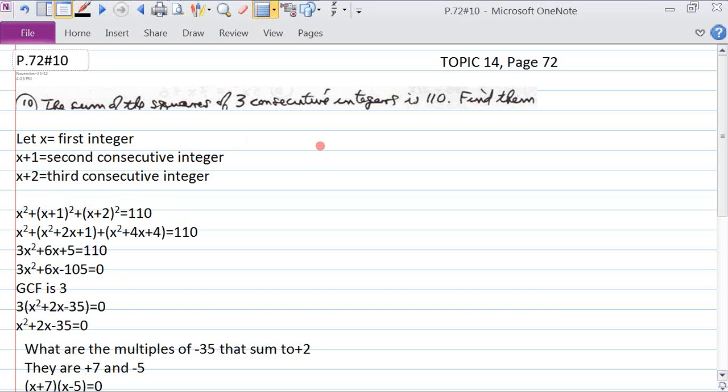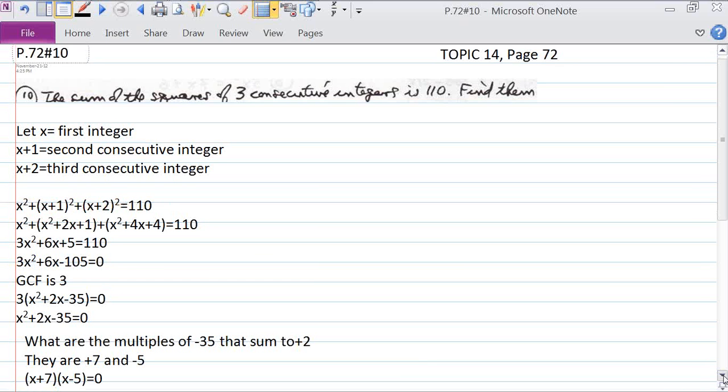So for example, if this was 5, this would be 5 plus 1, and this would be 5 plus 2 if those were consecutive integers. But we don't know what they are, so we're going to identify them as x, x plus 1, and x plus 2. And it says the sum of the squares. So here's the first one squared, here's the second one squared, and here's the third one squared, and the sum